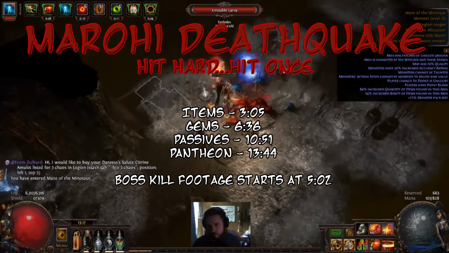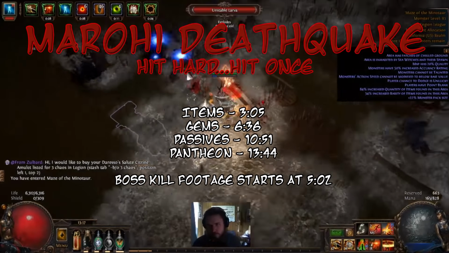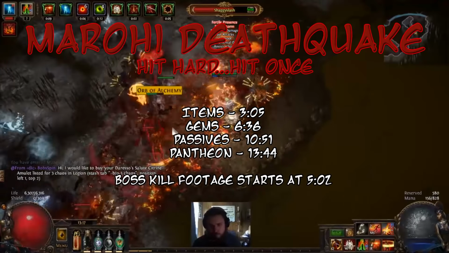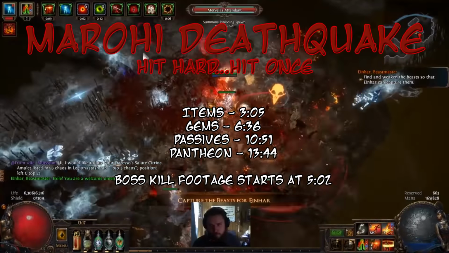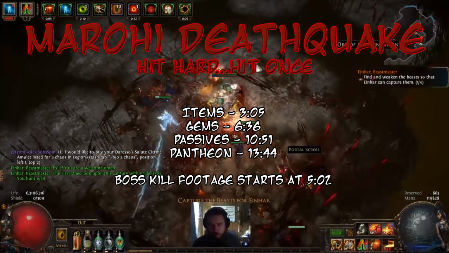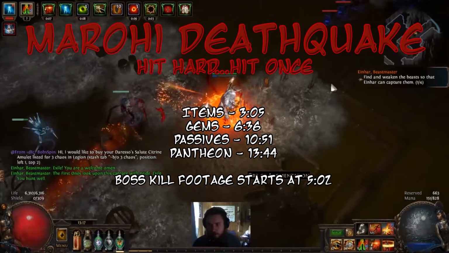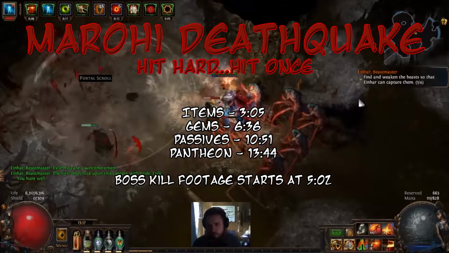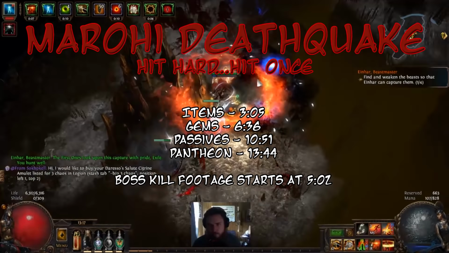This build takes advantage of several of the new toys that we got in the 3.7 Legion expansion, including the revamped Slayer class and the really cool revamped Marohi Urki unique mace. This build is probably my favorite new build that I've ever played. It plays really differently than most things in Path of Exile these days, so it was a really nice change of pace. And it is definitely one of the strongest, if not the strongest build I've ever played,